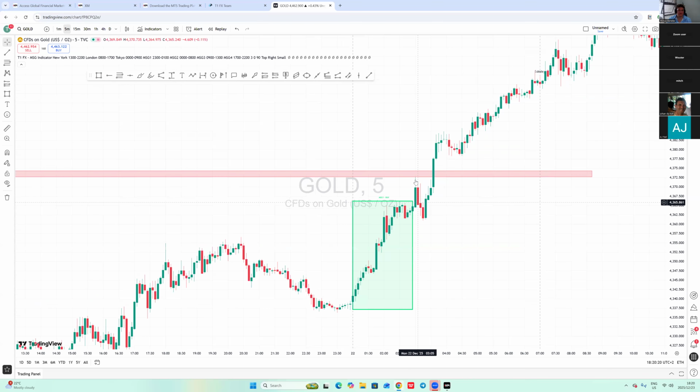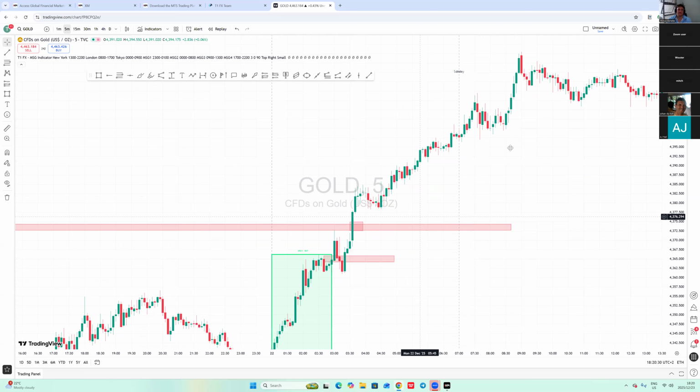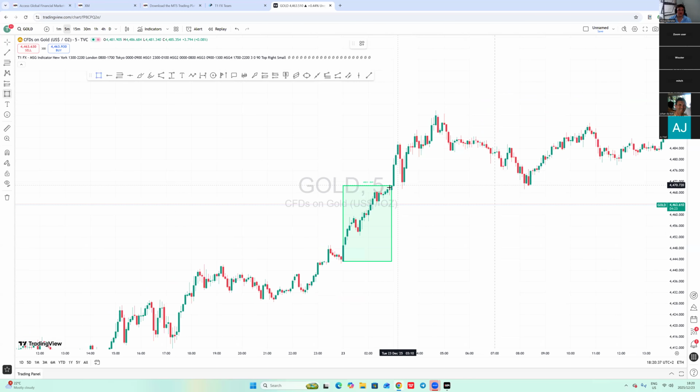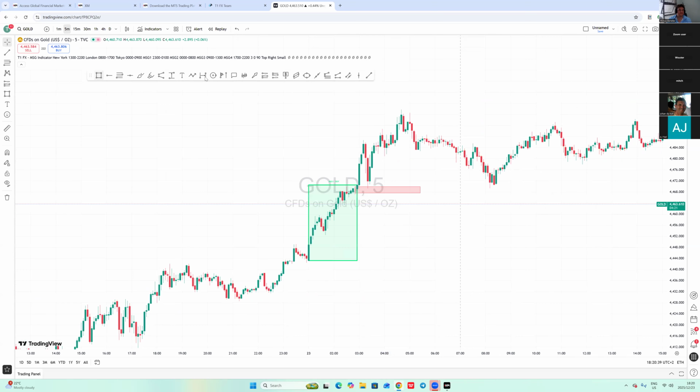All right. So it broke up, came back in. Only the high risk entry was triggered. Okay, it came back in. You would have taken the buy and you would have closed it right there. But look at the momentum. It just shows you, it shows a buy and boom, it went up. This one, high risk entry. So it broke up, came back, only the high risk entry was triggered and it went up.